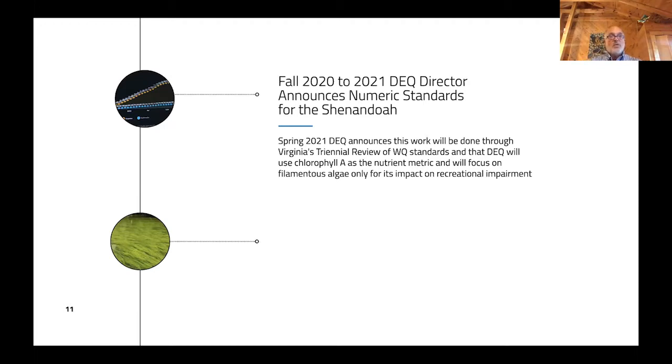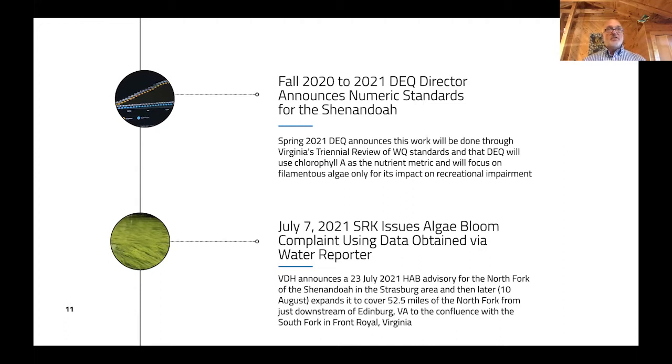And so we thought that it was good. It wasn't great, but it was a good first step. And we continued to submit algal bloom complaints to both Virginia DEQ and also to the Virginia Department of Health. And so, fast forward to this summer, early July, the river has been in near drought conditions from the middle of June through the end of August, beginning of September, until Hurricane Ida came. And we submitted complaints, as the slide shows, on July 7th, additional complaints on July 14th, and then on July 23rd,